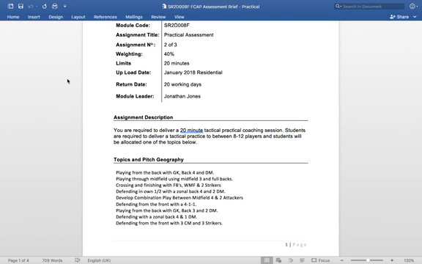You're required to deliver a 20-minute tactical practice, and students will deliver this tactical practice to between 8 to 12 players. And you'll be allocated one of the following topics: playing out from the back with a goalkeeper, back 4 and defensive midfield player, playing through midfield using a midfield 3 and fullbacks, crossing and finishing with fullbacks, wide midfield players and 2 strikers,